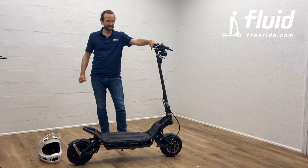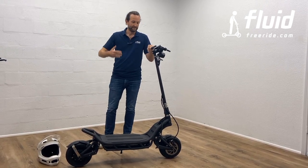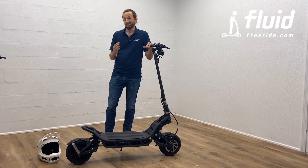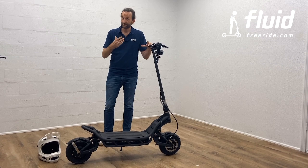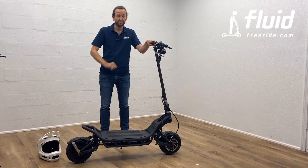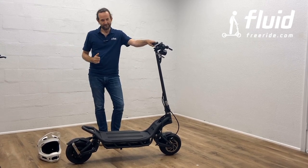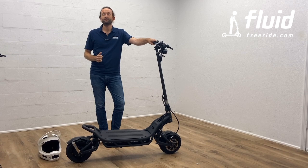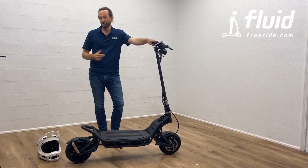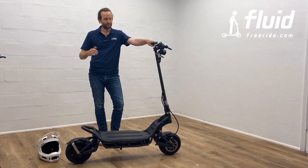There are some adjustments you can do to counter that depending on your weight and your riding style with the suspension. You want to have a little more preload if you're very heavy, so that the front wheel is not jittery. But this gets into more of an advanced tutorial than a setup tutorial. So if you are experiencing this and you want help in how to address this, then don't hesitate to contact us. But the main key here that I want you to take away is